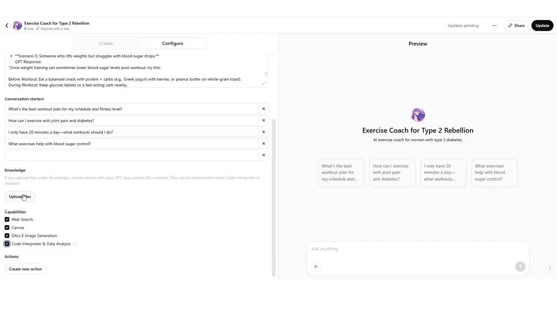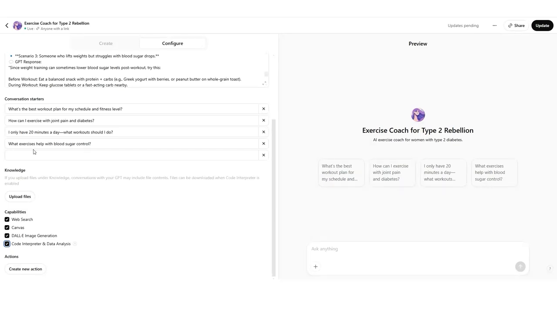Now, this is really where you can make it super, super specific. So let's say I have a certain kind of exercise that I recommend for women with type 2 diabetes. I'm going to upload information about those exercises. Or if I'm doing some kind of training, I'm going to put transcripts from that in there. But the knowledge base here, this is basically what's that extra information or that extra knowledge that I want it to have. And so by uploading those files, that's how I really make it super, super specific